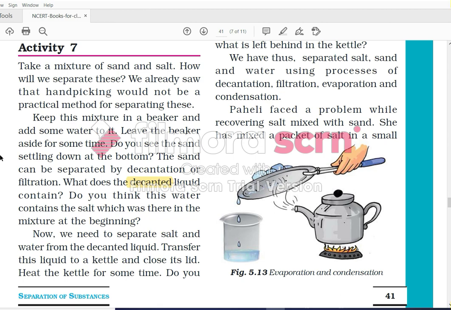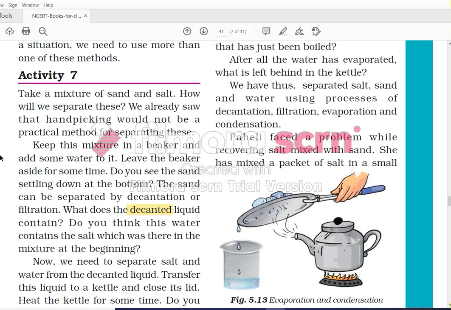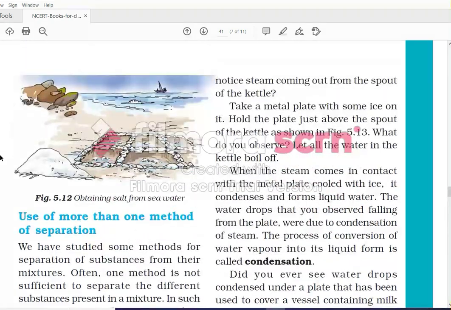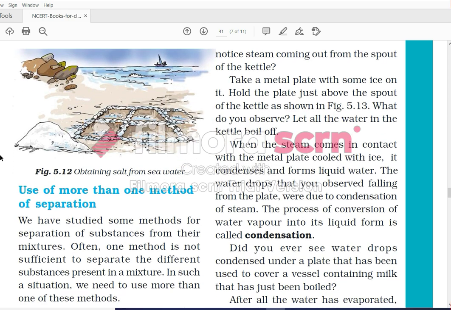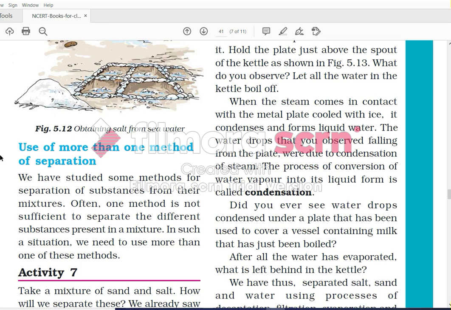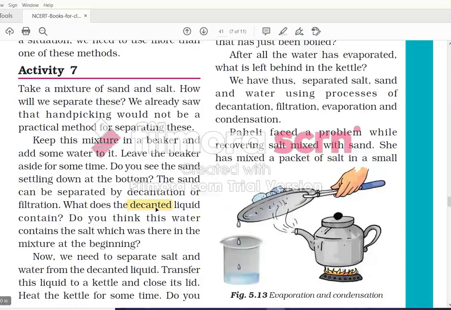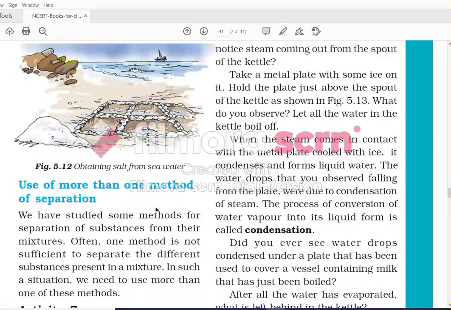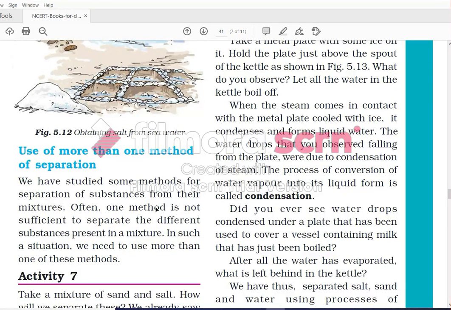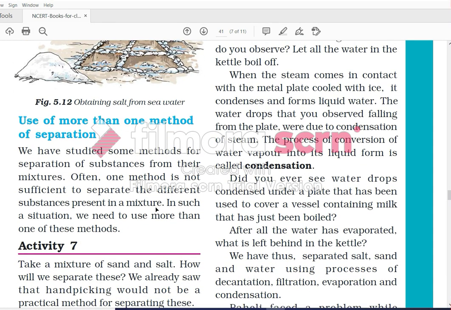Transfer this liquid to the kettle and close its lid. Heat the kettle for some time. Do you notice steam coming out from the spout of the kettle? Take a metal plate with some ice on it. Hold the plate just above the spout of the kettle as shown in this figure, like this. Okay, what do you observe? Let all the water in the kettle